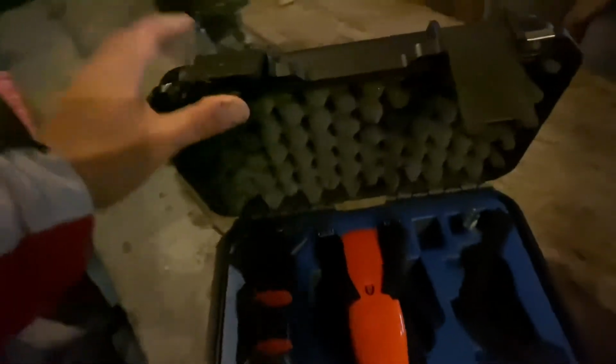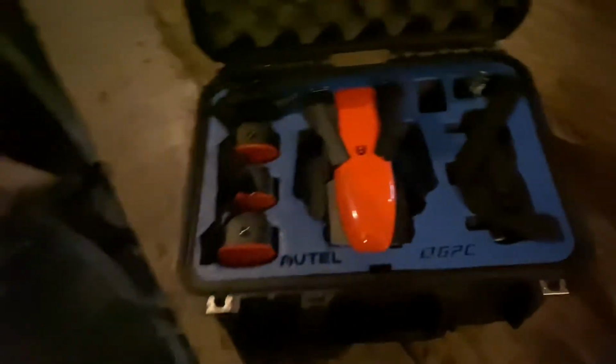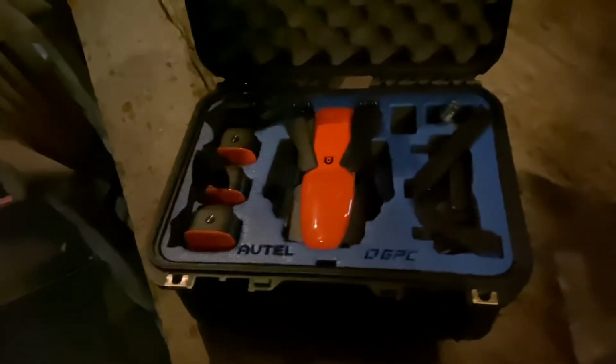I'm actually a fan of night flying. As you can see, it's pretty dark. Got my Autel Evo right here. Last time I flew with my Mavic Enterprise, but right now I'm gonna get it airborne, show you a few